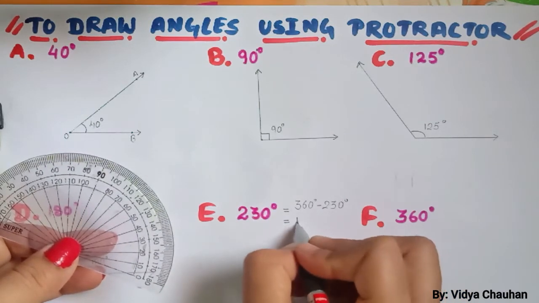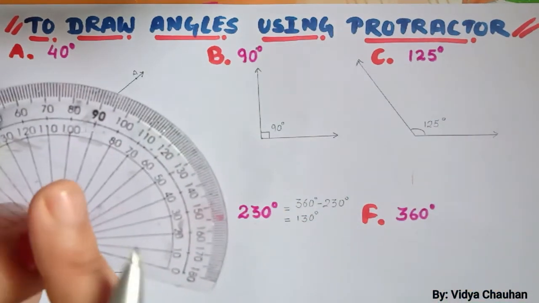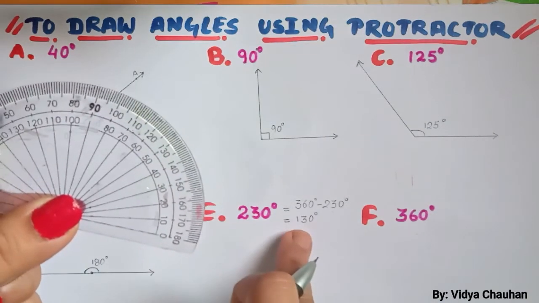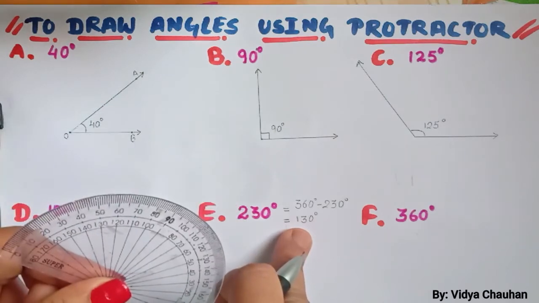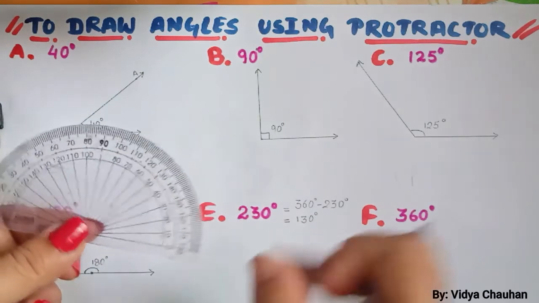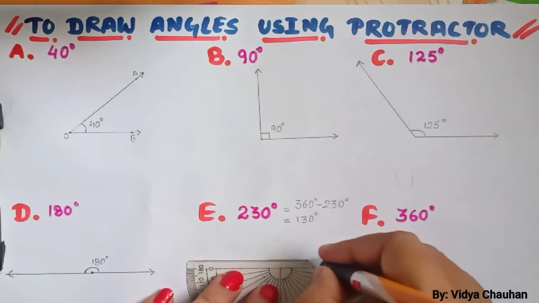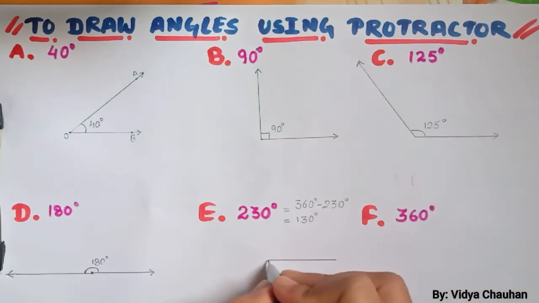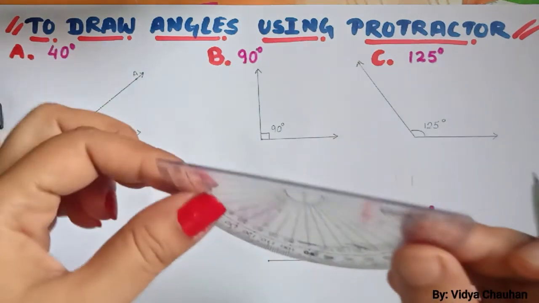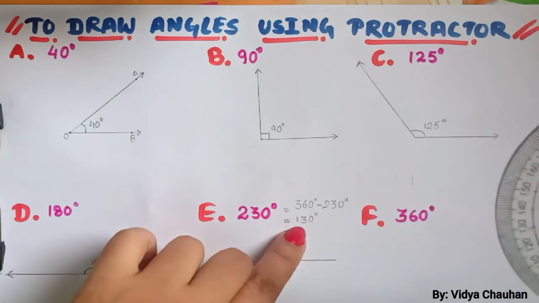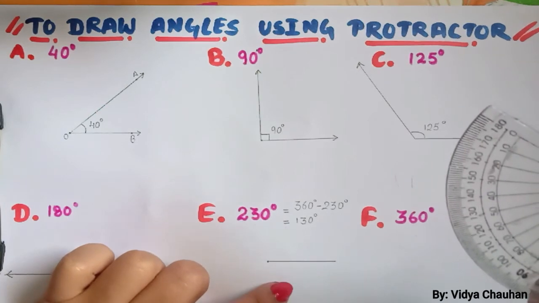So what are you left with? You are left with 130 degree. So basically with the help of this protractor, we are going to draw an angle of 130 degree, but it should be on the bottom side, not on the top side. So very first, the process is the same. Let us draw a straight line, right? So this is our starting point. I've made a small dot at this point. Since I have to draw an angle of 130 degree on the bottom side, not on the top side,